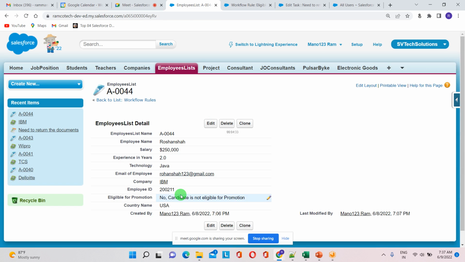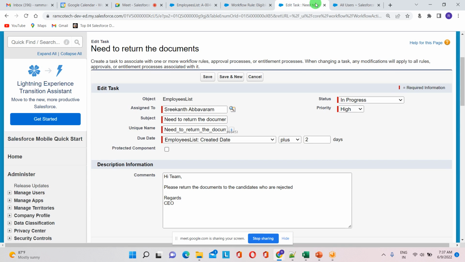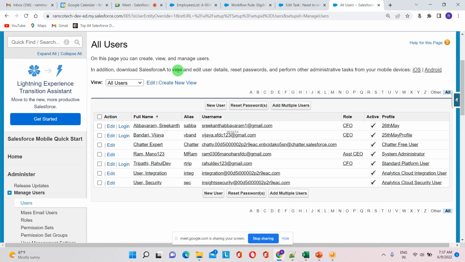So field update has been done. Can you please check whether the mail alert has been done or not? You might have received the mail. Okay, give me a second. Yeah, I got it. You are not selected for the USA placement as you have only 2 years of experience with Java technology. Okay, so now we can see